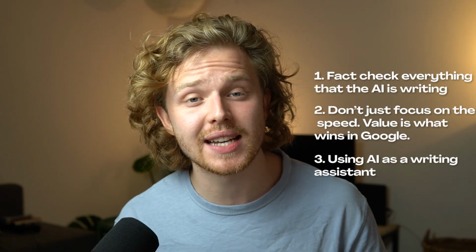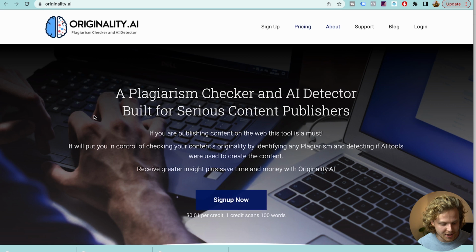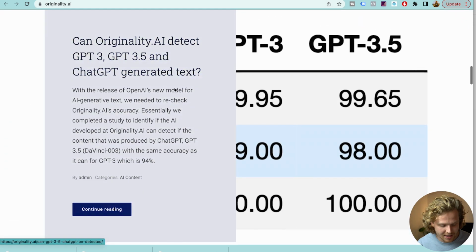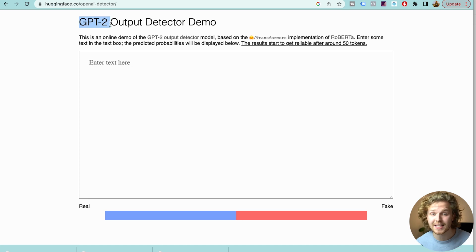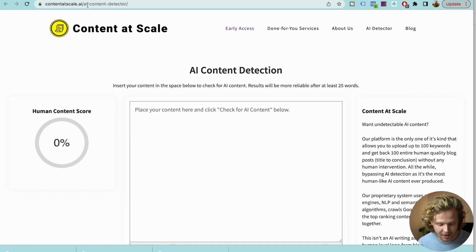And the last thing here, guys, is using AI content detectors. Now, I found a few of these. If you have any extra ones that I'm not including, definitely leave them in the comment section. I'd love to have as many of these as possible. So this one I found is originality.ai, and in theory, they just released a blog post here where they talk about how they can detect GPT-3 and 3.5. Now, there's also huggingface.co, and this is for GPT-2, but it could be helpful here for those lower quality AI tools. And the last one here is